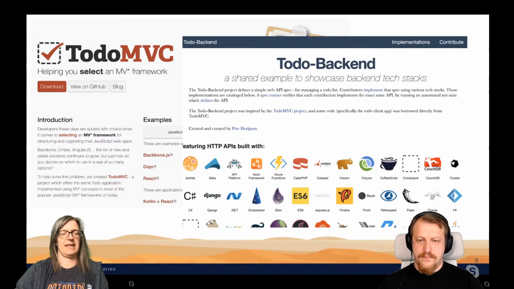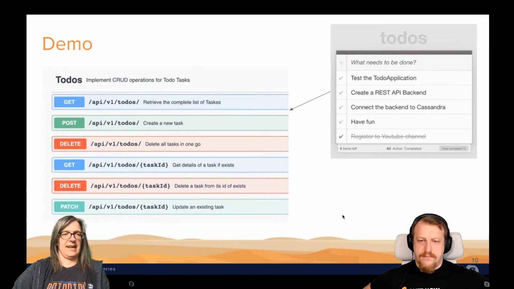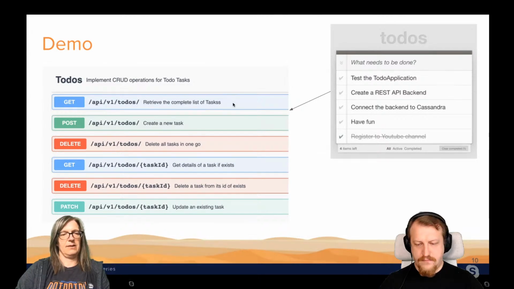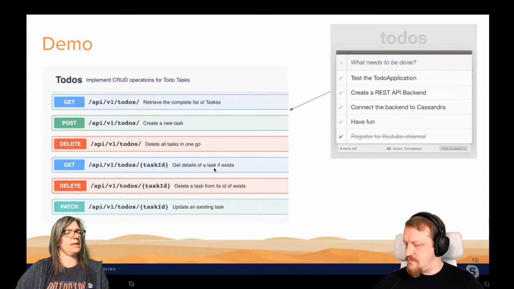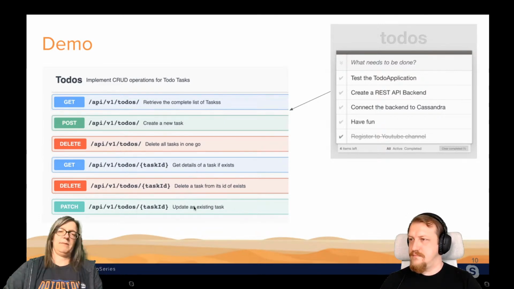So we do exactly the same thing. And this is how far we're going to take it today. We're getting it to a smarter interface, where we have these different APIs that we can get ordered to the complete list of the tasks. We can create new tasks. We delete all of them, or we delete a specific one. We get a specific one, or we update a specific one.